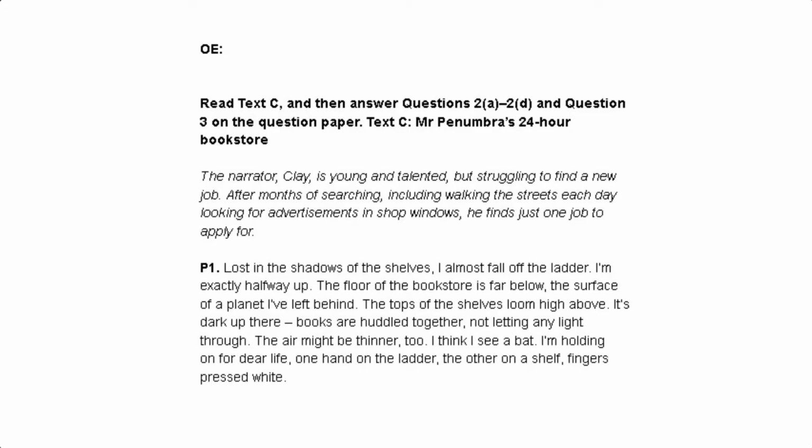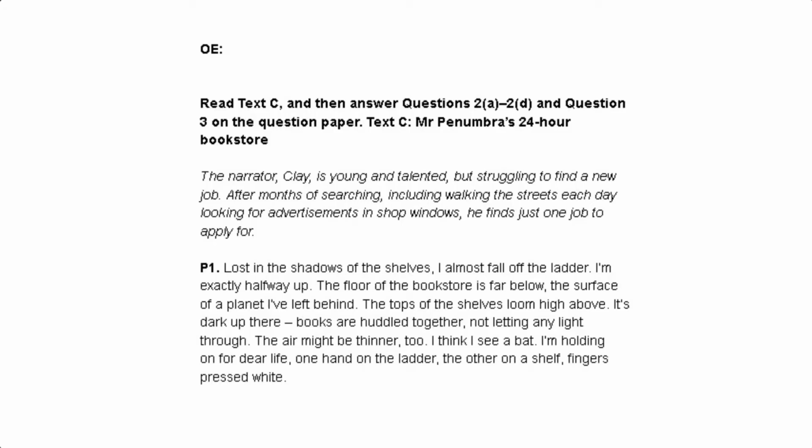So text C is titled Mr. Penninbruss, I think that's how you pronounce it, 24-hour bookstore, and we're given a little bit of context. So the narrator Clay is young and talented but struggling to find a new job. After months of searching, including walking the streets each day looking for advertisements in shop windows, he finds just one job to apply for. And paragraph 1 reads,